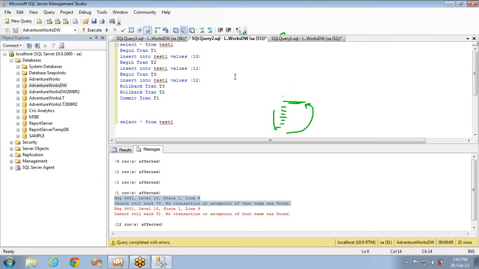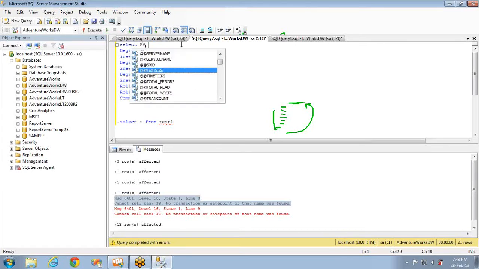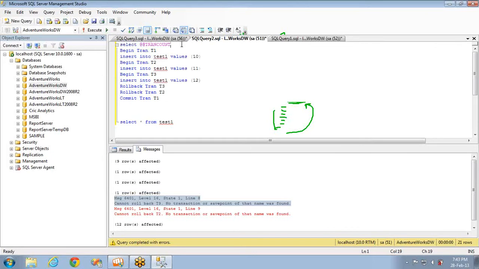So I'm going to take the same example, trans count. The first one is select @@trans count, and I'm warning you guys, you have to practice with insert statements. You can take 10 to 15 statements, and you can try the same. Don't blindly practice with the same @@trans count, which will not give you any better idea on the save point. And not only save points, even nesting transactions. So you have to work on real data. You should not go blindly with the same @@trans count or global variable to practice the stuff.